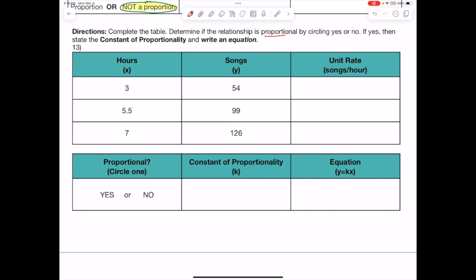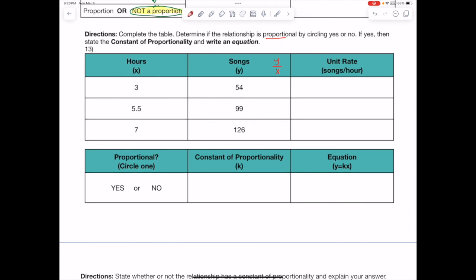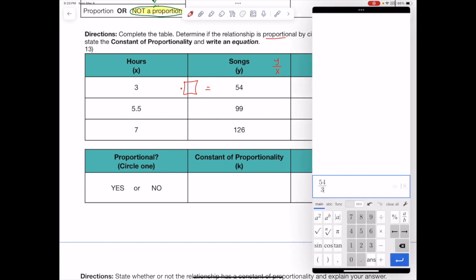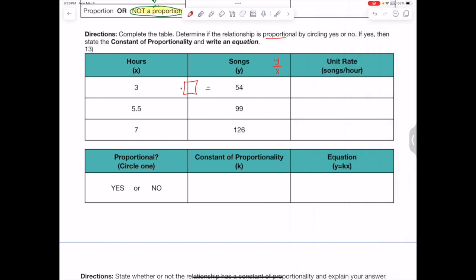rate. And remember, when we want to find the unit rate, we're going to do our y divided by x, okay? And y divided by x is what's going to find our constant of proportionality and also help us determine if this table is proportional, okay? So let's go ahead, because we're wondering x times what equals 54. So we'll do 54 divided by 3, and we have a unit rate of 18